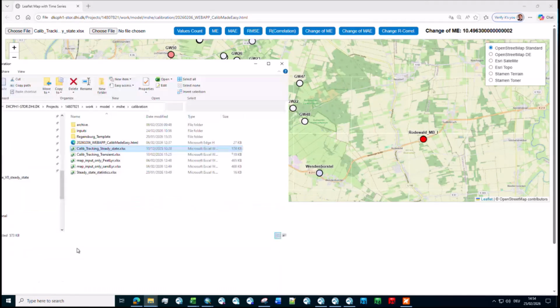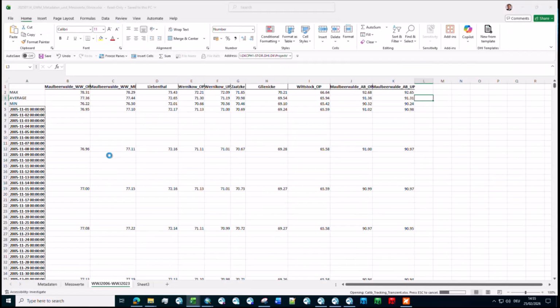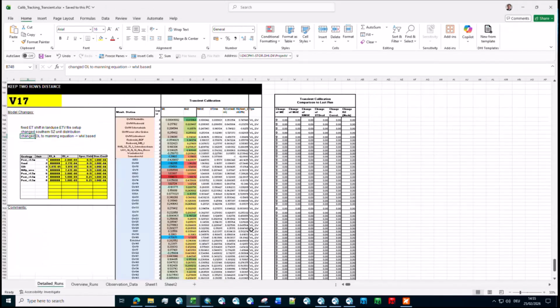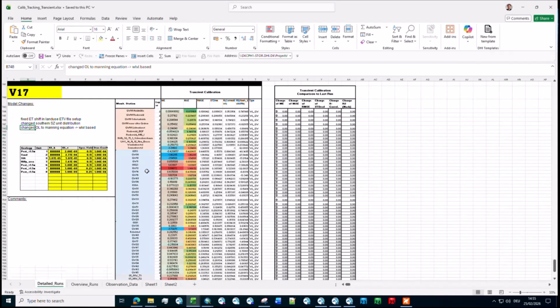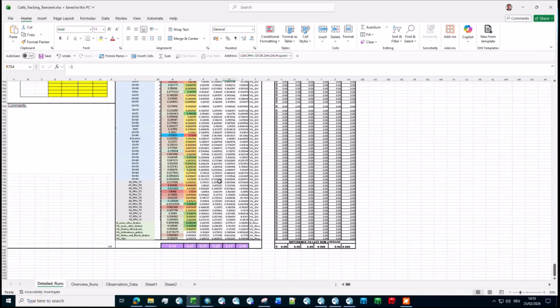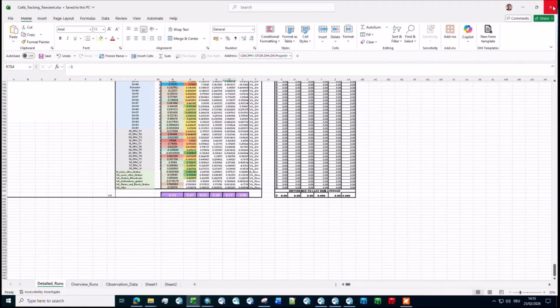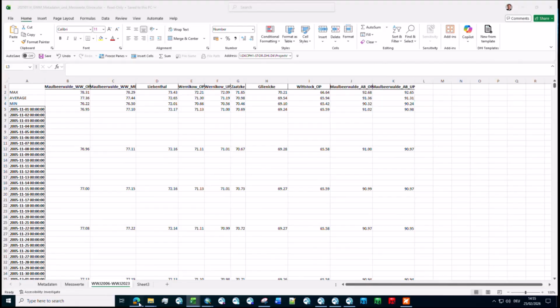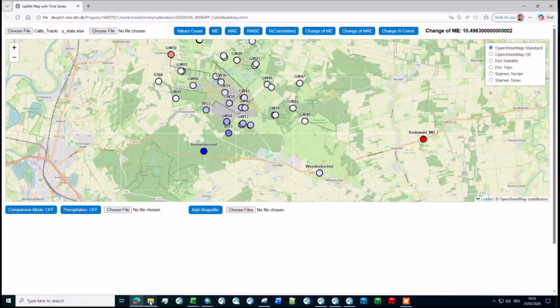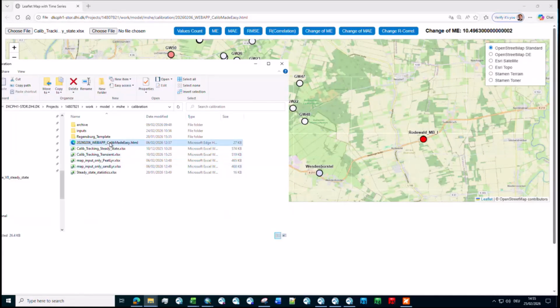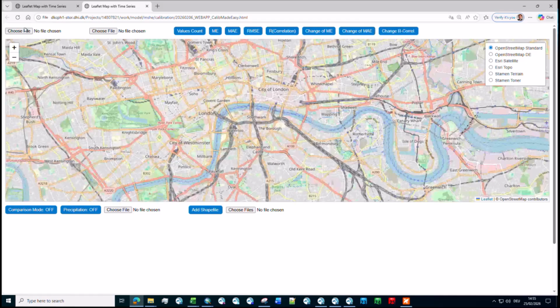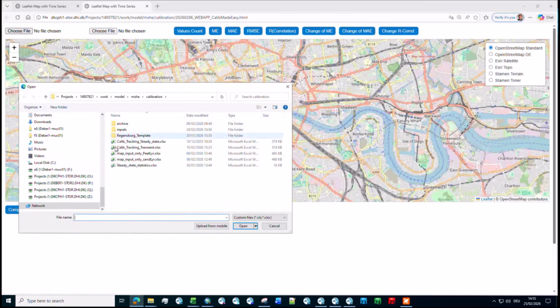You can use the same Excel sheet also for transient runs. It has more or less the same structure. You again overwrite only the mean error and the table from MikeShe. So if I open another session of this HTML, and I choose here the transient one,